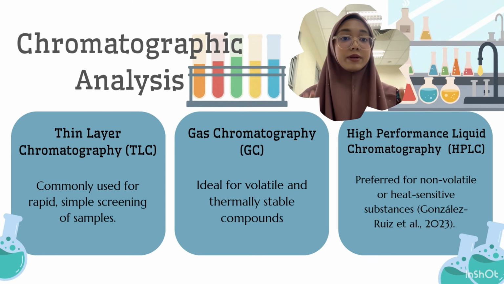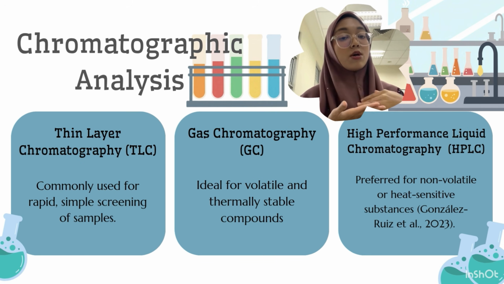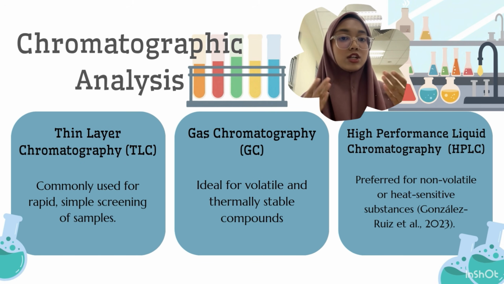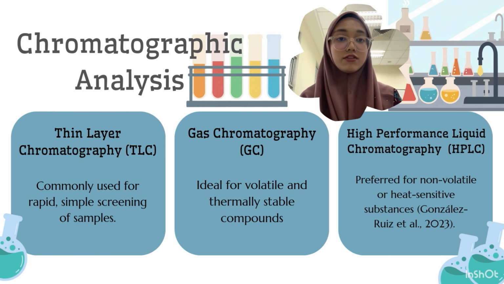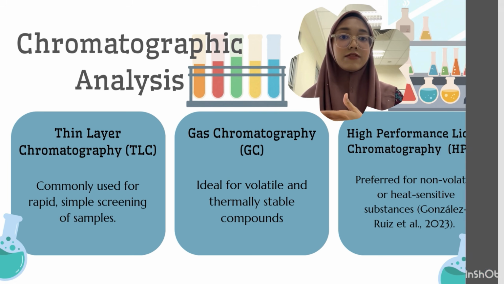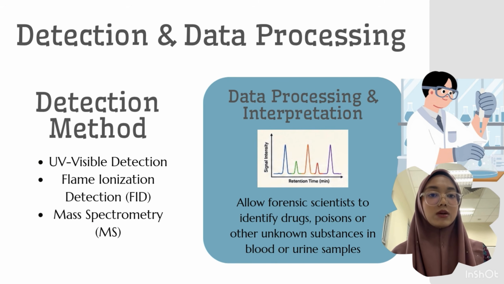Once the sample is prepared, it is introduced into the chromatographic system. Thin layer chromatography (TLC) is commonly used for rapid, simple screening. Gas chromatography or GC is ideal for volatile compounds, while high-performance liquid chromatography (HPLC) is preferred for non-volatile or heat-sensitive substances. Finally, the separated compounds are detected using techniques such as UV visible detection, flame ionization detection (FID), or mass